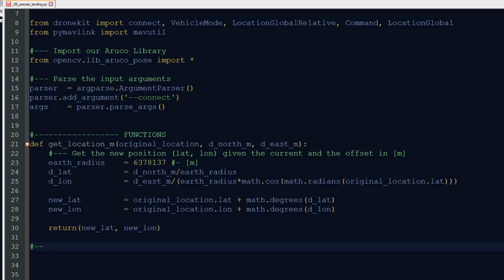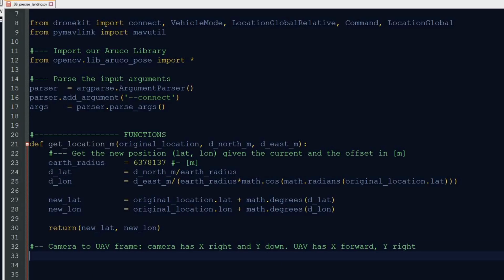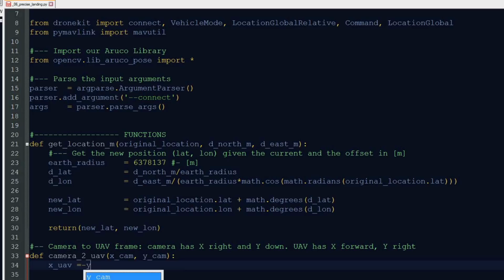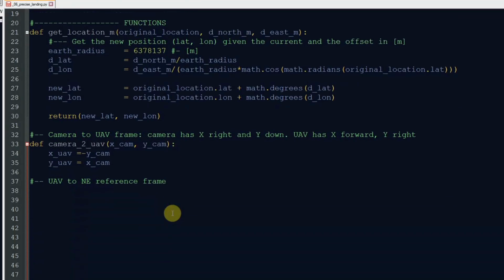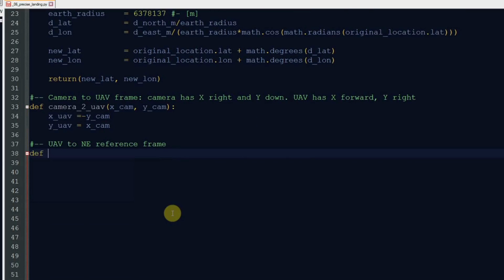Next, let's define a function. This function is going to convert the reference frame from camera to UAV. Now the camera has the x-axis pointing right and the y-axis pointing down, so I'm assuming that the camera is down looking. X of the UAV equals negative the y of the camera,